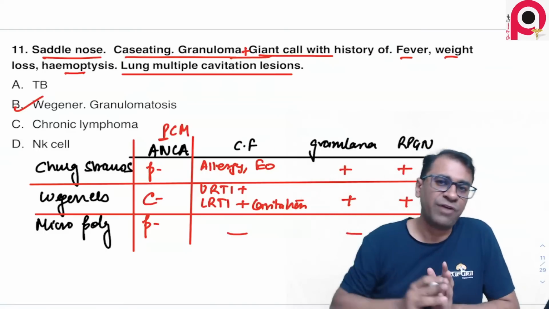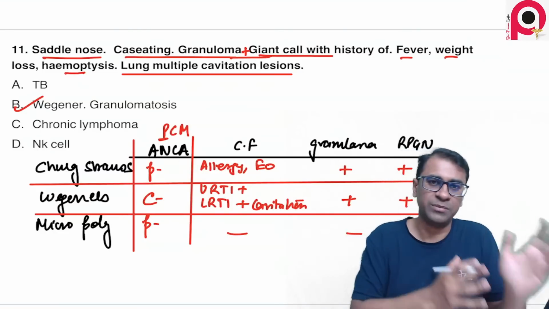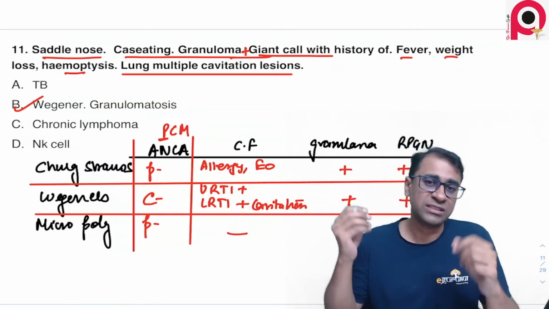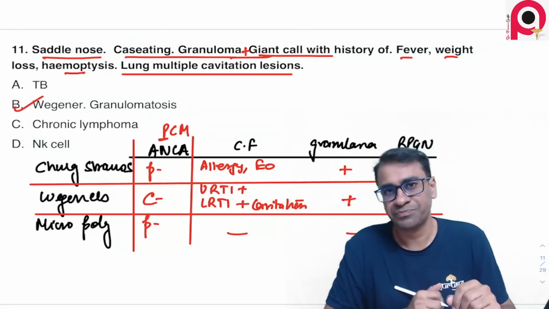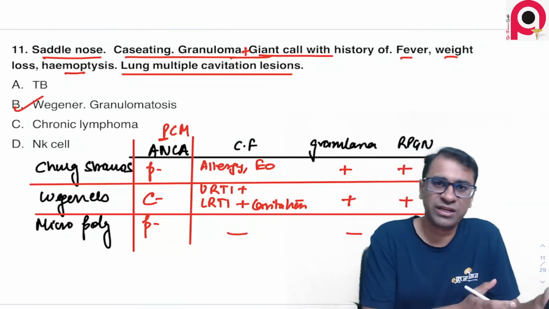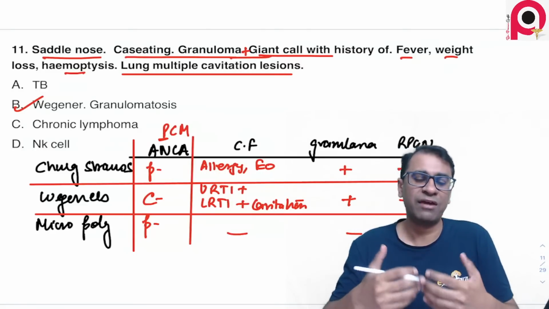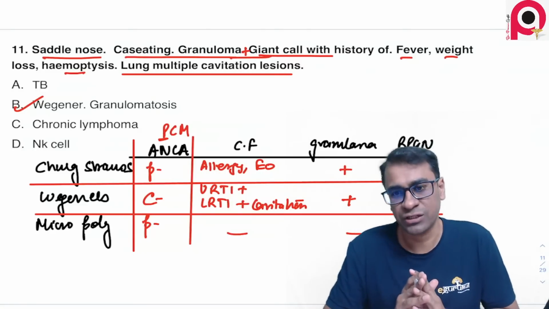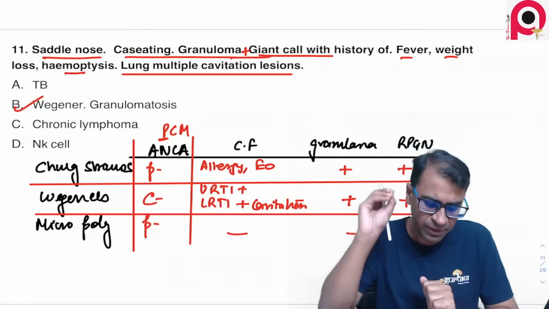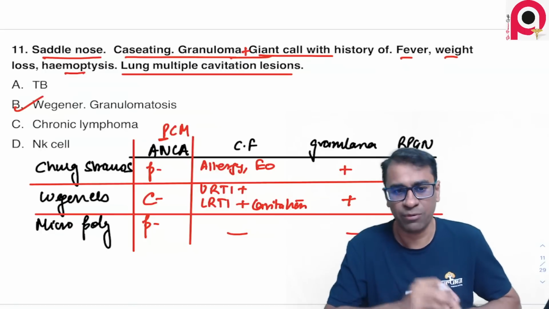The upper tract infection in the vaginous will include sinusitis, pharyngitis, otitis media, swelling of the gum called strawberry gum. It can also cause necrosis of the septum called septal perforation, and saddle nose deformity can happen. The lower tract infection will often include pneumonia-like features, and not to forget, lung cavitation is also a feature of vaginous granulomatosis. I think this is the simplest way to solve the question because this is very frequently asked and you should be aware of such types of questions.